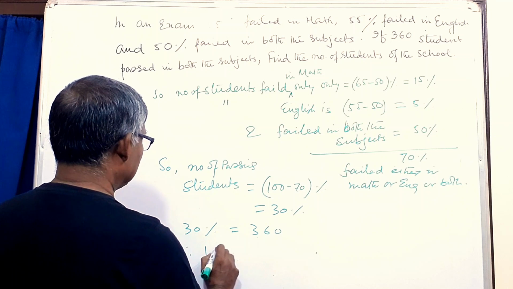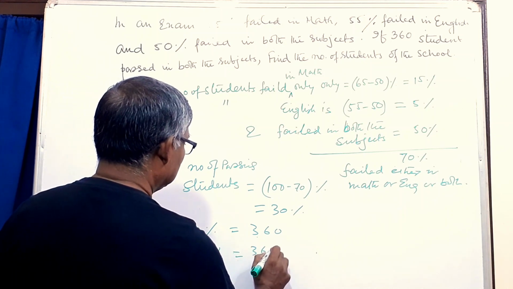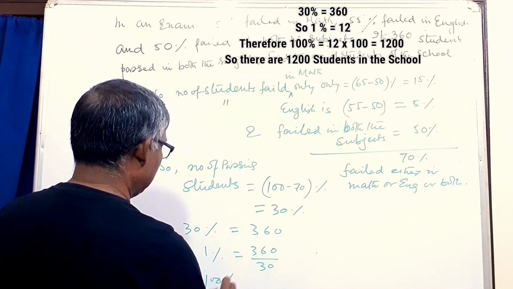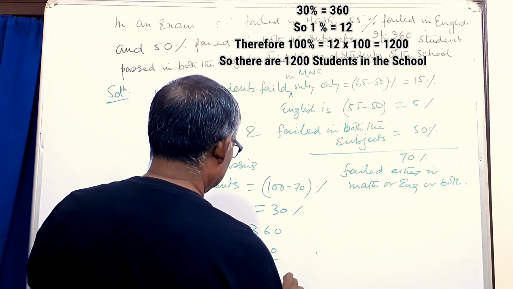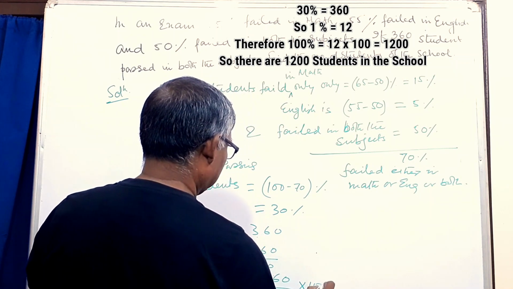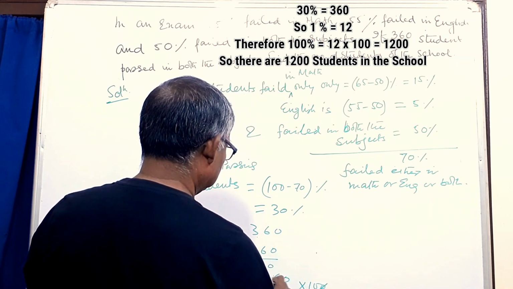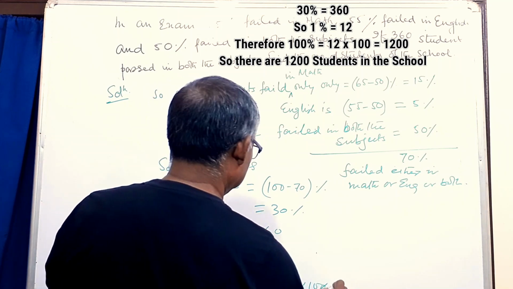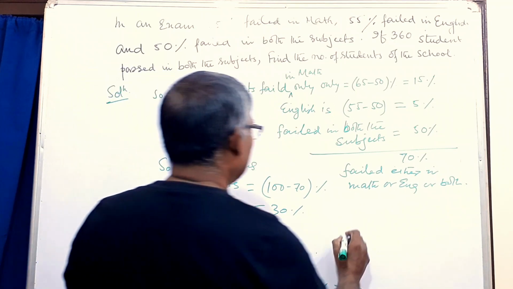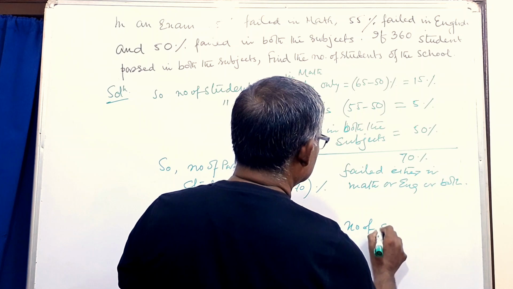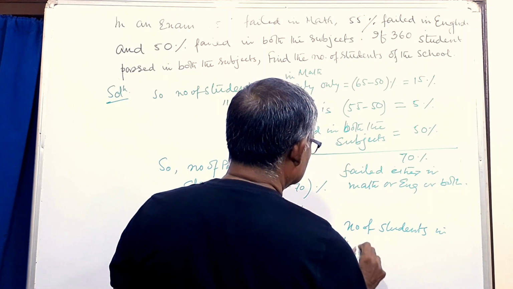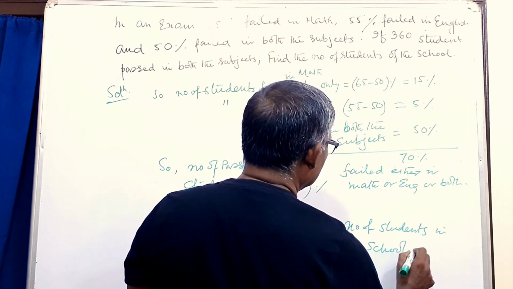Therefore 1% equals to 360 by 30. Therefore 100% equals to 360 by 30 into 100. That is 1200 students. So number of students in the school equals to